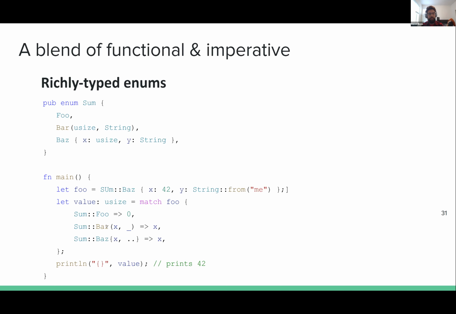And you can use this lovely Rust syntax to extract little bits of something in an enum and handle all of these cases, right? So here's a simple example. I'm creating a variant of this enum, and the variant is Baz, so it's of type Baz, right? And I'm giving it initial values. And then I'm basically saying, hey, let me get some value out of it. And then for each variant, again, sort of like a switch statement, I'm saying, here in the case of foo, let's default to 0. In the case of bar, let's get that first usize, right, up here. And then in the case of the Baz variant, let's get